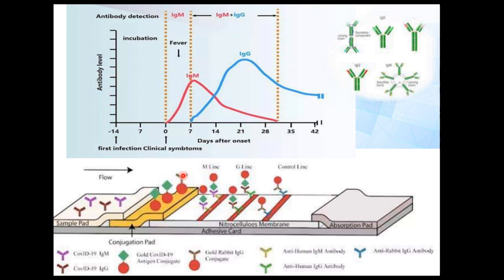If I get a rapid test today and it is negative, it doesn't necessarily mean that I am not infected. It could mean that I am infected, but I am in this period of time where my soldiers for the rapid test won't appear yet until 1 week later or 10 days later. If I am detected positive in the rapid test, it doesn't mean that I am currently infected either. It means that I have been infected,